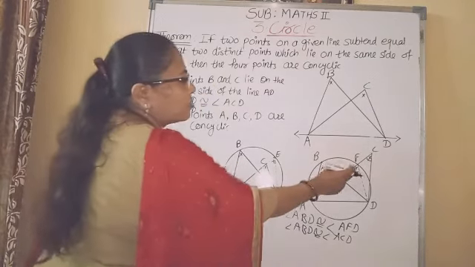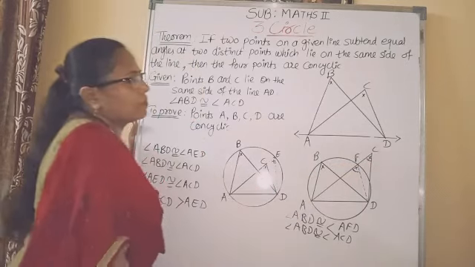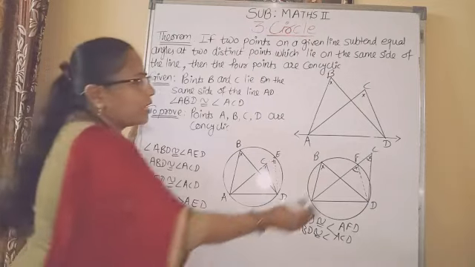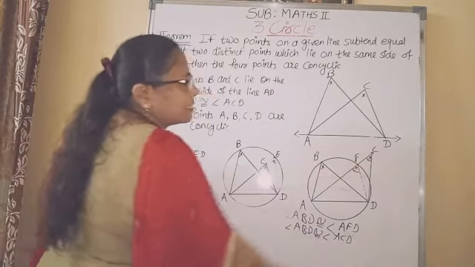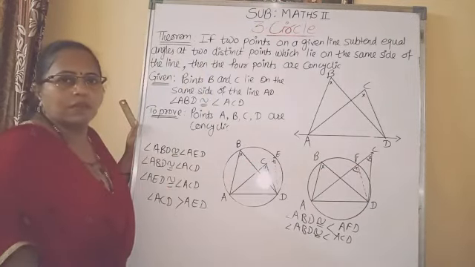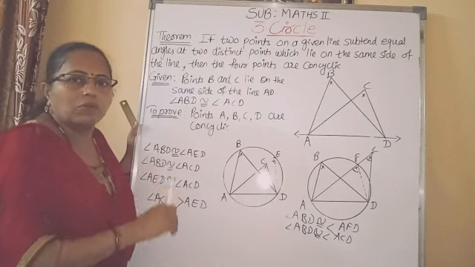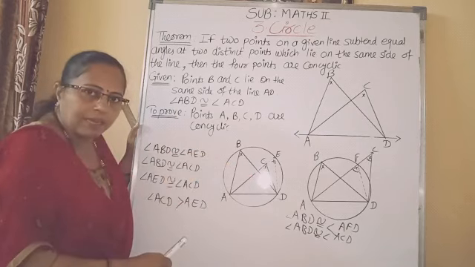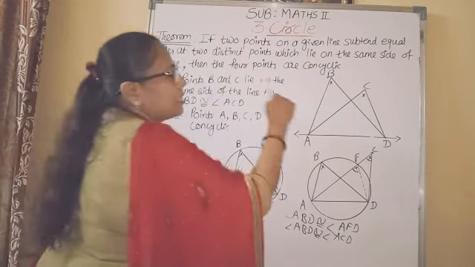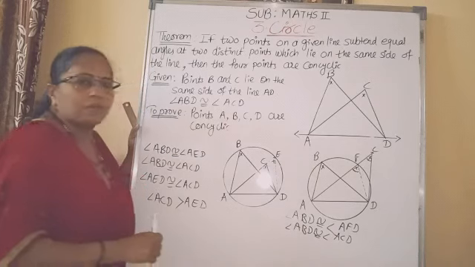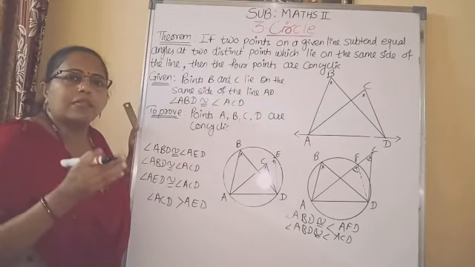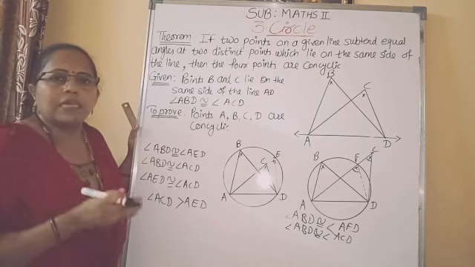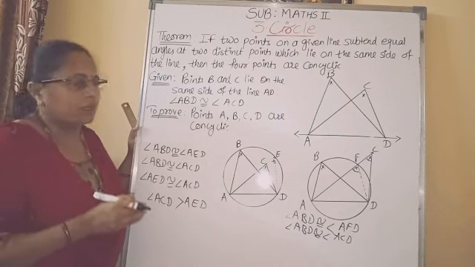But we got here these two angles equal. Again the contradiction arises. Why? Because we assumed point C is in the exterior of the circle. So this assumption is also false. So point C is not in the interior of the circle, and point C is not in the exterior of the circle. So ultimately the third possibility is correct, that point C is on the circle.